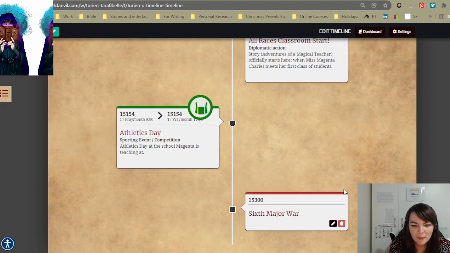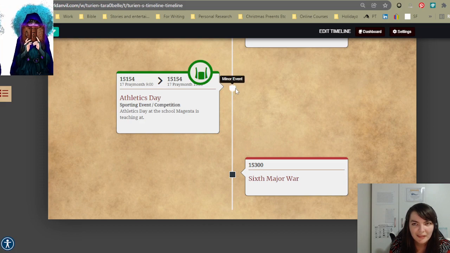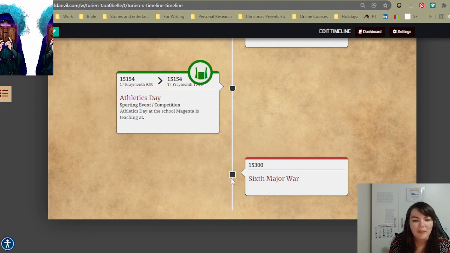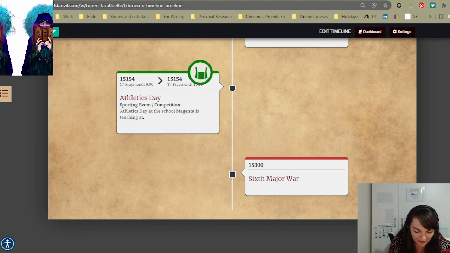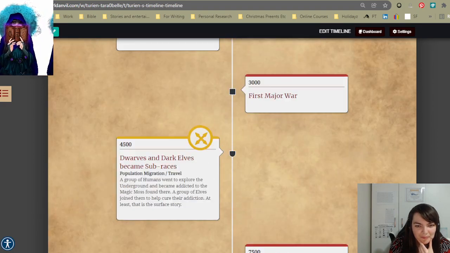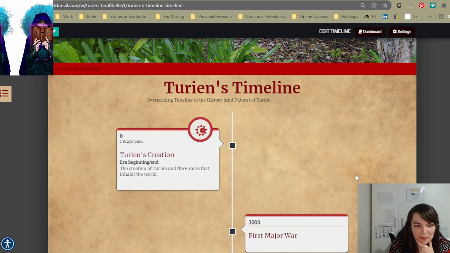Yeah, I have when the Six Major War is, though that happens after the story, and some of the characters won't be alive then. Some of them will, because some of them have quite long lives. Some of them have relatively long lives. I'm very much a pantser, but I kind of start with an idea,